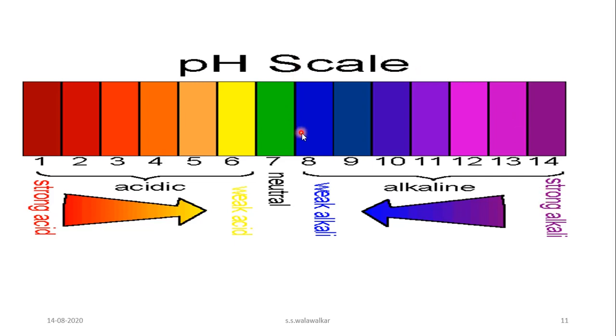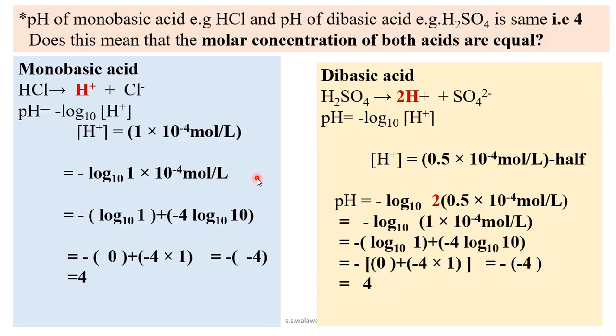In the same way, when the pH of the solution goes on decreasing, what happens here? The acidity goes on increasing, and whenever the solutions have pH 1, 2, etc., the solutions are strongly acidic, and those solutions which have pH between 6 to 7 are weakly acidic in nature. So this is about the pH scale. We have already studied it in the previous standard also.